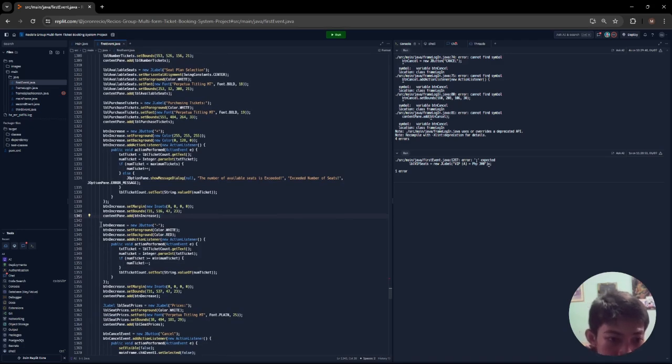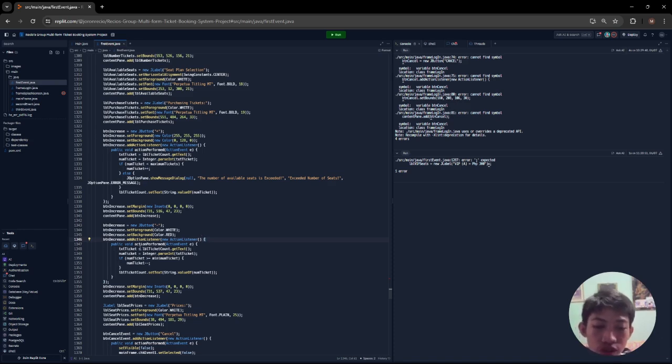In line 1343, it initializes a button with the text minus, sets the text color to white and background color to red, and adds an action listener to handle button clicks.